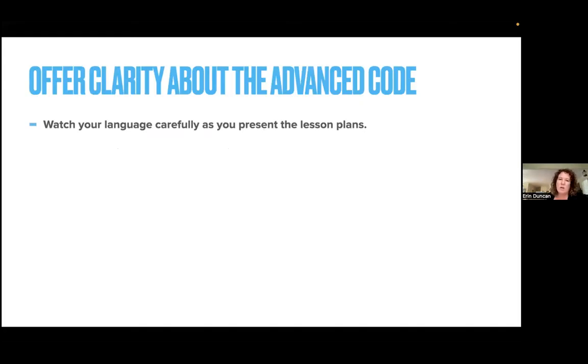It's important that we offer clarity about the advanced code. You need to watch your language very carefully as you present the lesson plans. We strive to be accurate and concrete when we're talking about words.